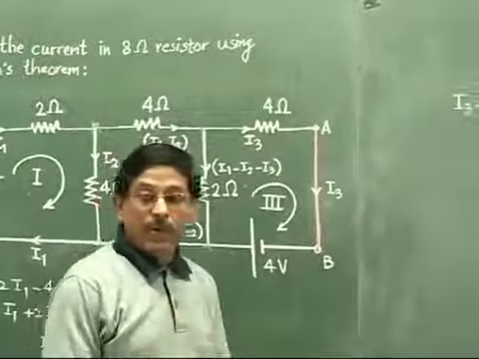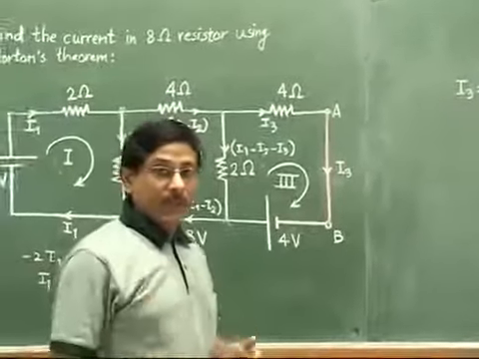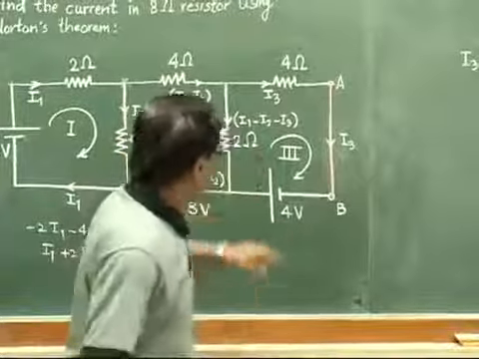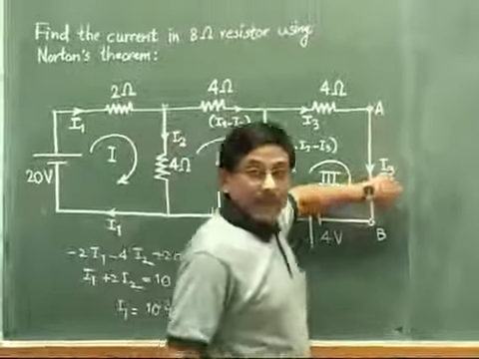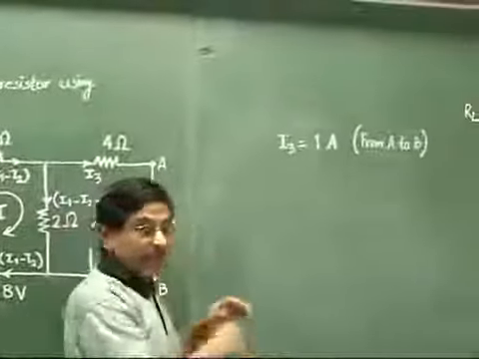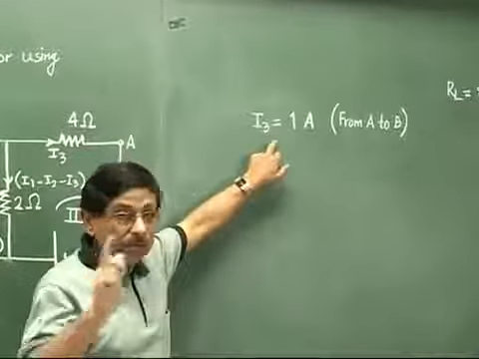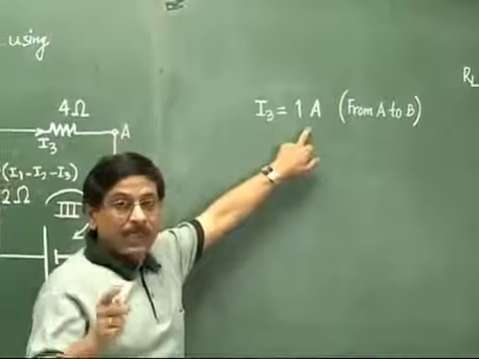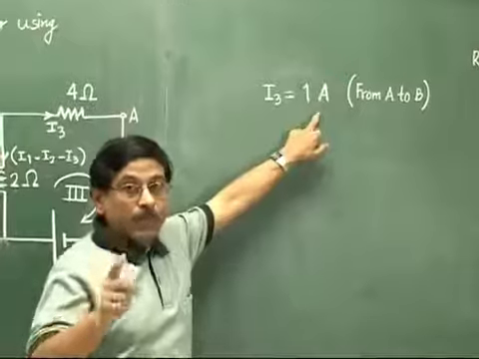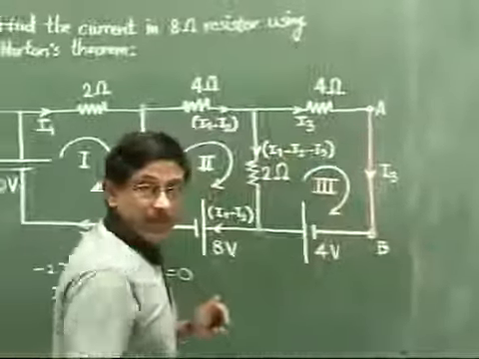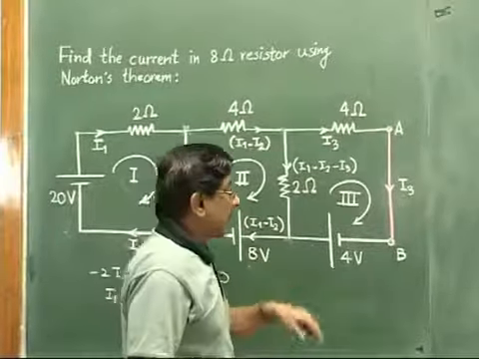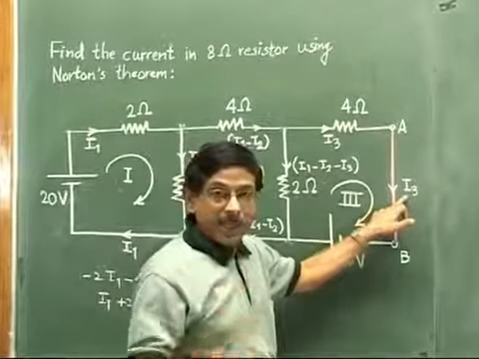So I hope you have now calculated the value. You have solved the equations and calculated the value for this I3. See, I have written what should be the answer for the given equations. The I3 should come out to be 1 ampere. And see, the value should come positive with the given current distribution. So if you solve the equations, you will get the value of I3 as 1 ampere and you will get